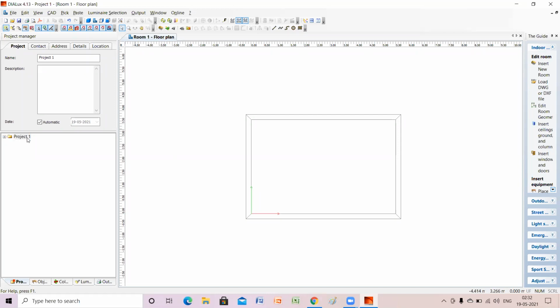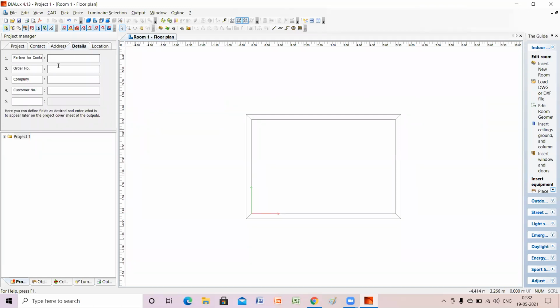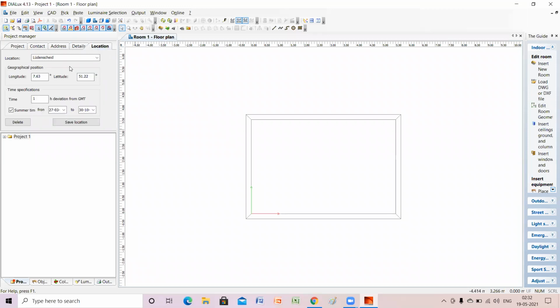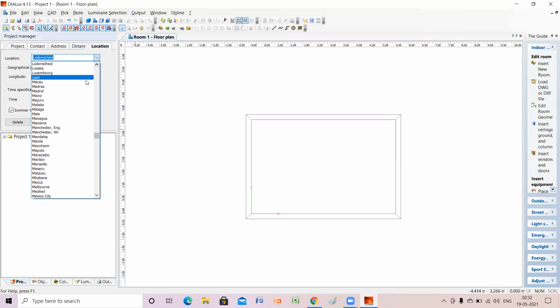So project one, you can rename this project. You can give the description of the project. Then you can give your contact details and address and details of your project and the location. This location, see, it is Londenschild in, I think, the Netherlands. So change it to New Delhi because it is for India.